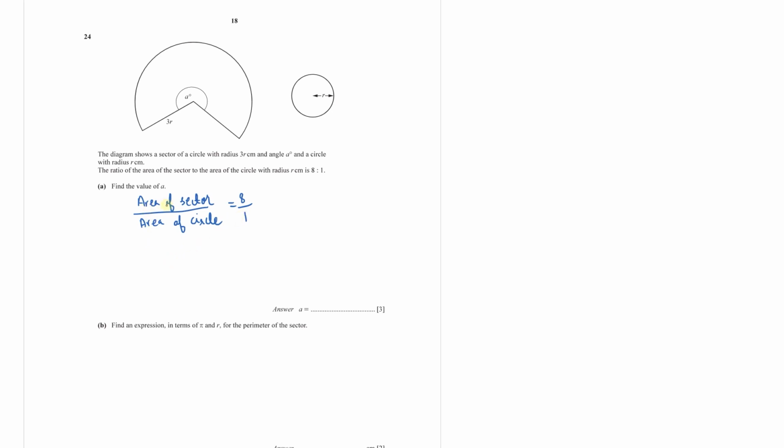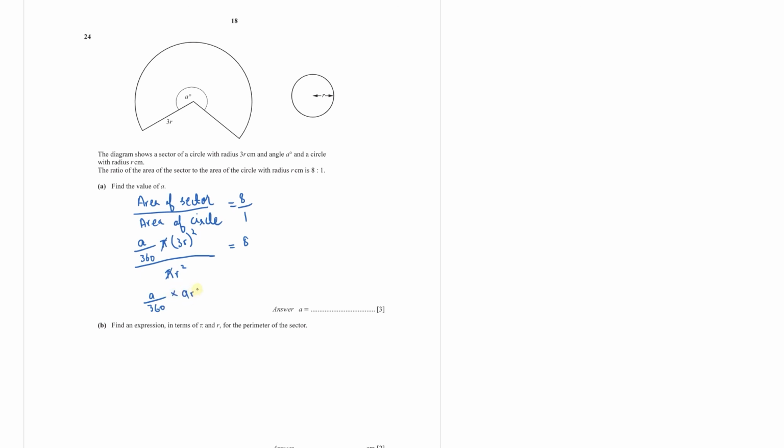To find the area of the sector, we know the formula: angle over 360. So the sector angle is a degrees into pi r squared. Pi times your radius, which is 3r, so (3r) whole squared, divided by the area of the circle, pi r squared, equals 8. So this pi and pi cancel out, and you get a over 360